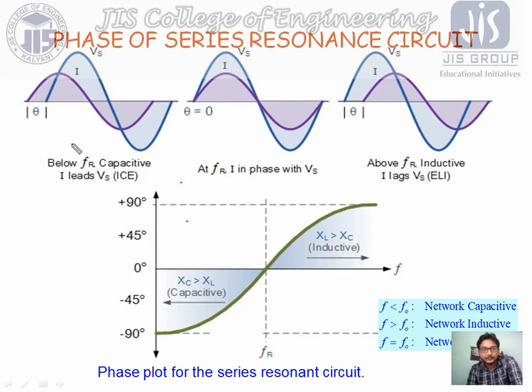if this is our current and this is the phasor for the voltage. This is for the voltage. So if you consider the voltage has started from over here at the 0 point, similarly our current, as the current leads for the capacitive effect, has to start earlier by some angle theta. If we consider that the current leads by an angle theta for this capacitive effect before the resonance frequency, and